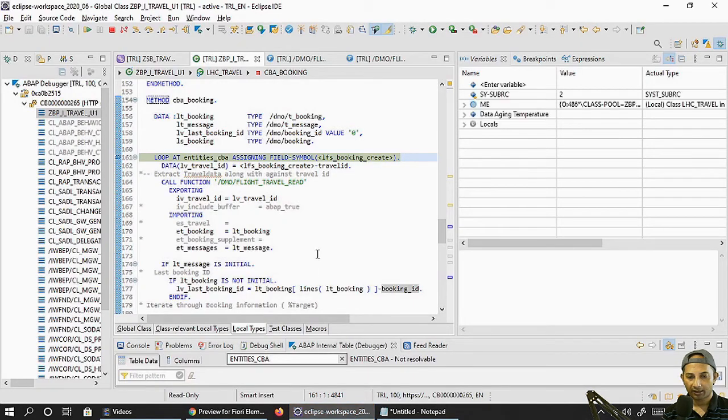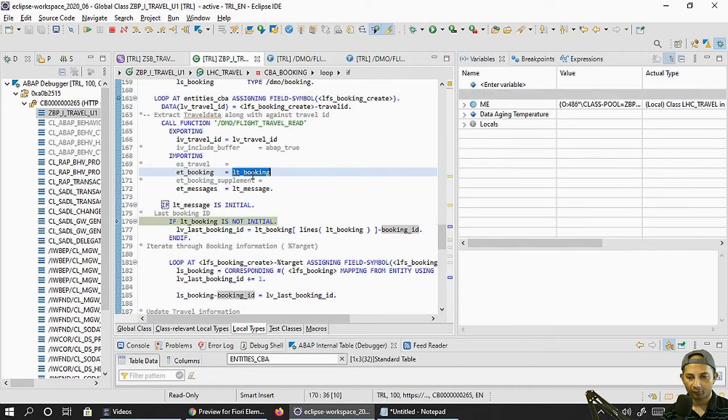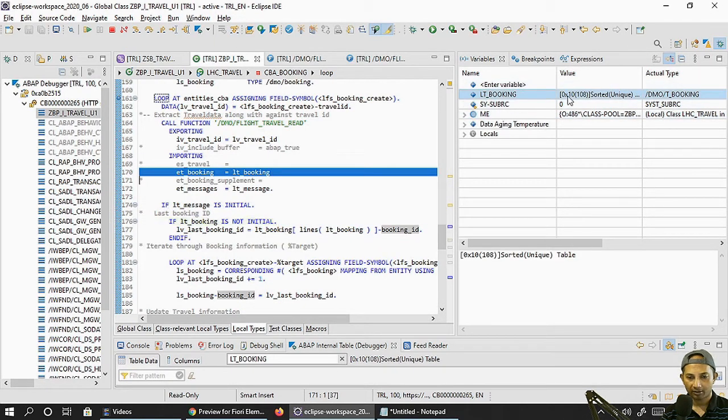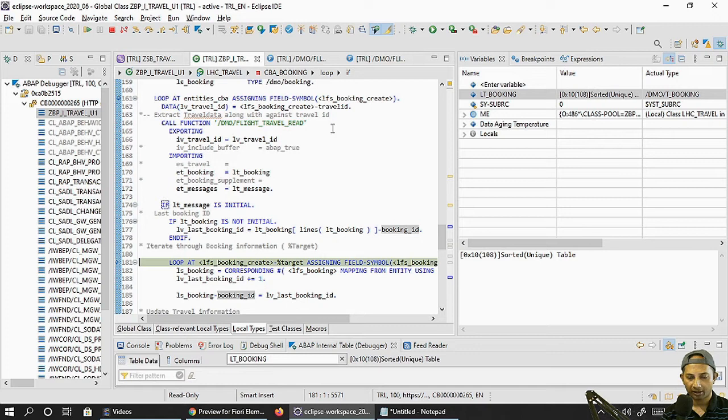Yeah, so it's again executed, the debug point reached, which is okay. F6, we can just update the travel. We have received the booking details. Of course booking should be empty, no data, so that means we are not calculating the last id, because by default it will be 0, which we declared above. We are just calculating the last booking.